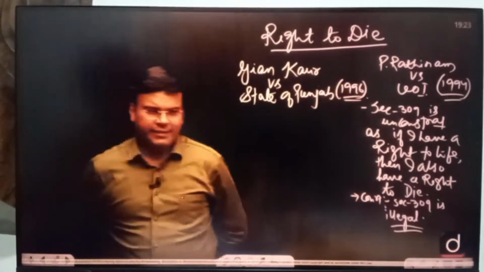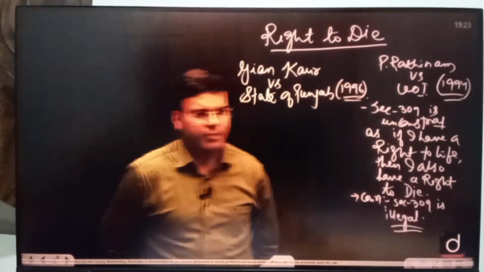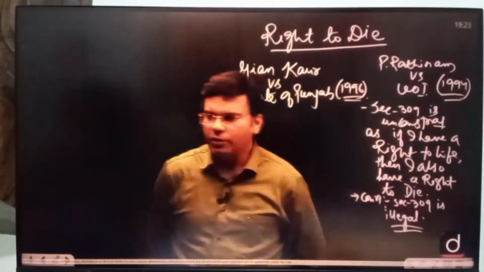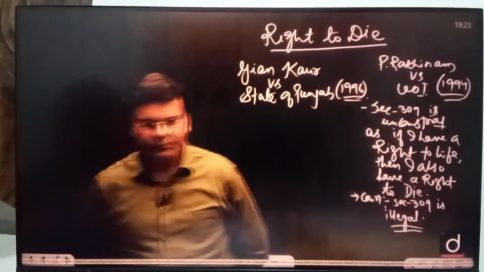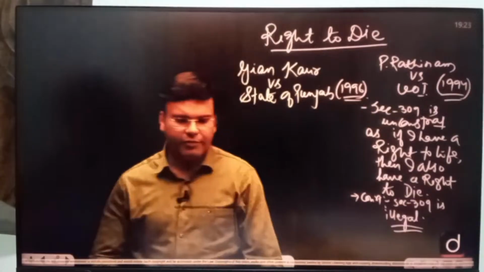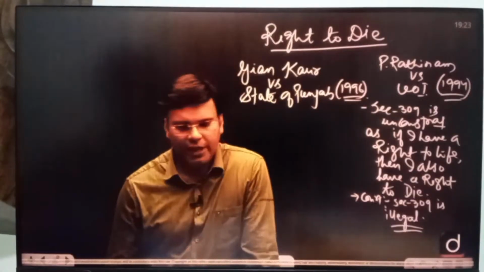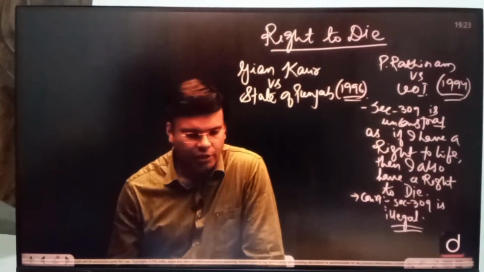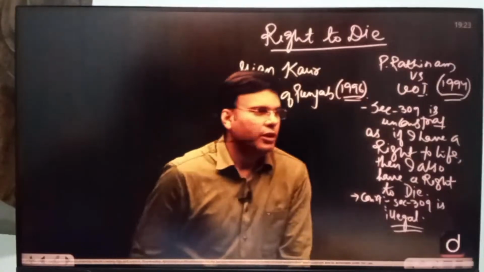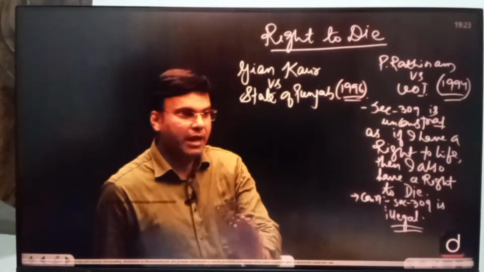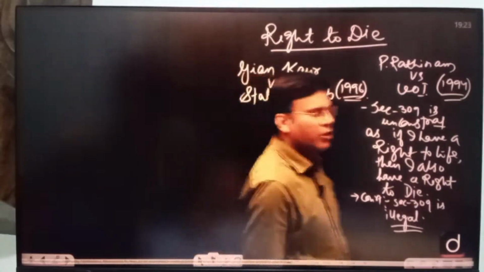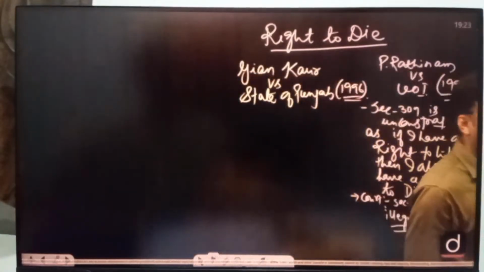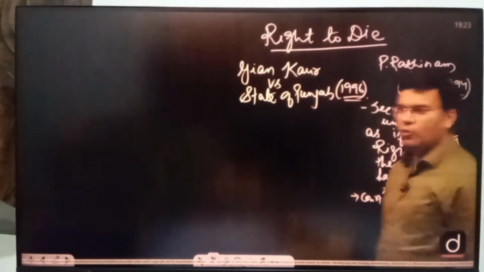So in this case the same issue had come, that under article 21 do we have a right to die, which means that if I have a right to live then I also have a right not to, कि नहीं। इस केस में कोर्ट ने बहुत एक बैलेंस जजमेंट दिया। कोर्ट ने कहा देयर इज अ डिफरेंस, कोर्ट मेड द डिस्टिंक्शन, कोर्ट सेड दैट राइट टू लाइफ एंड राइट टू डाई दे आर डिफरेंट।